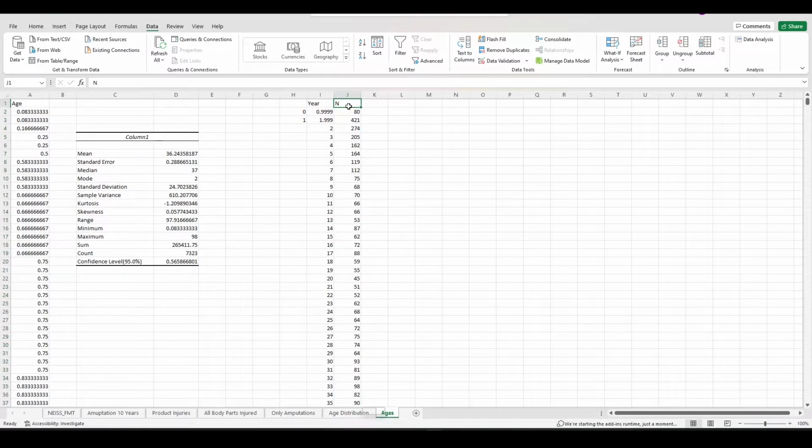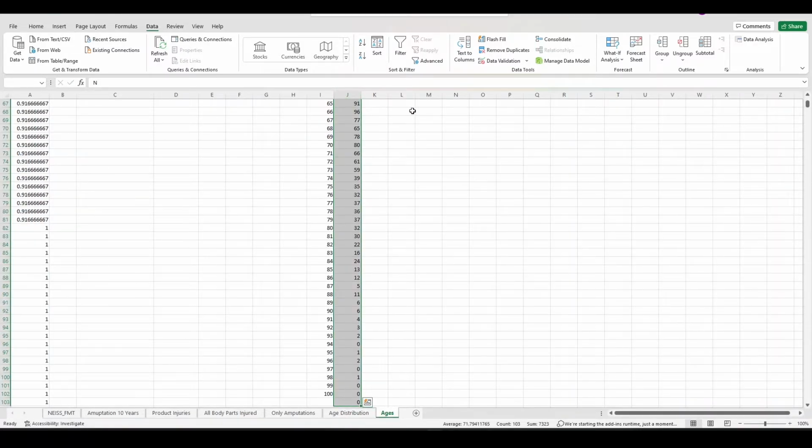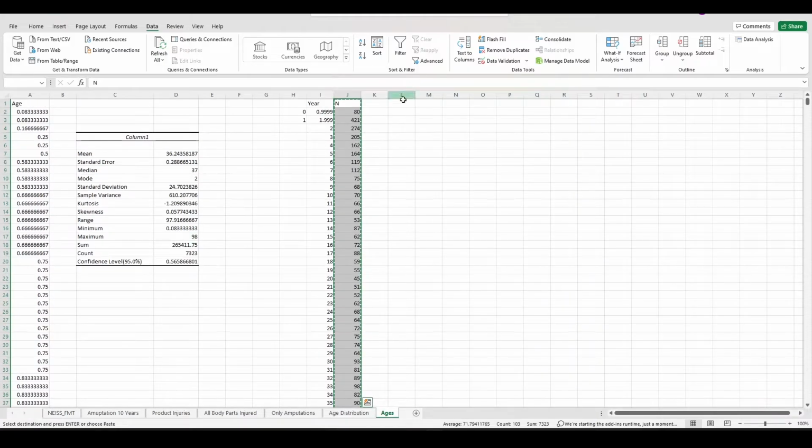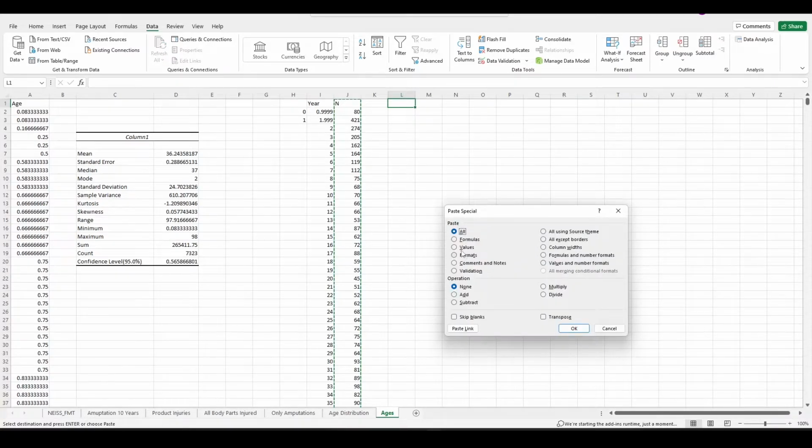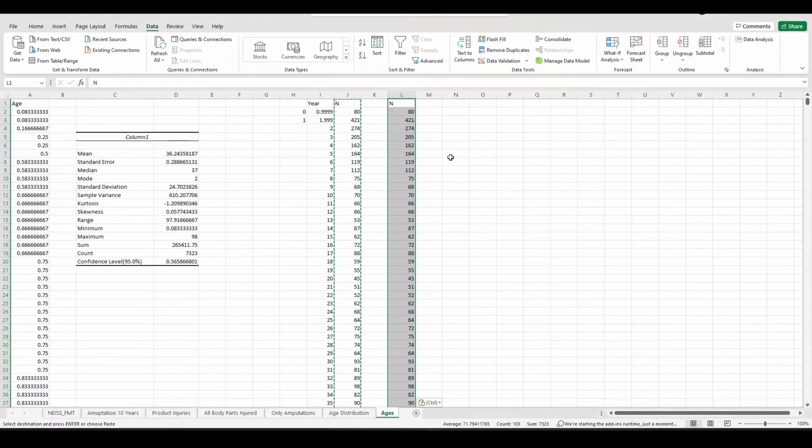Just Control Shift down, copy it. We'll put it over here. I'm having some technical difficulties. Paste special, just as the values. There we go. And then this will be 0, 1,